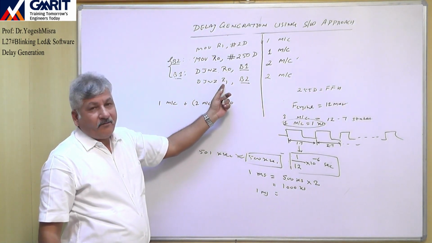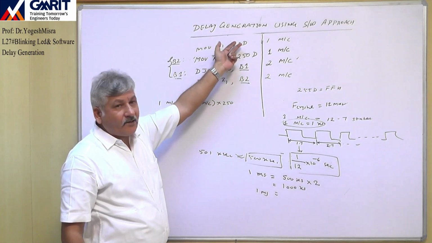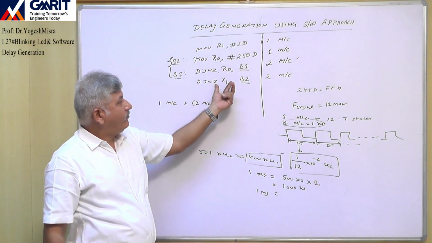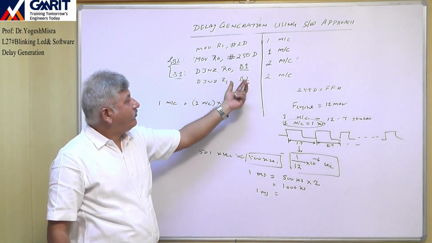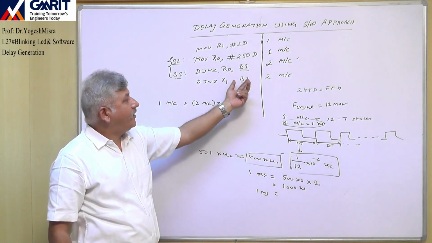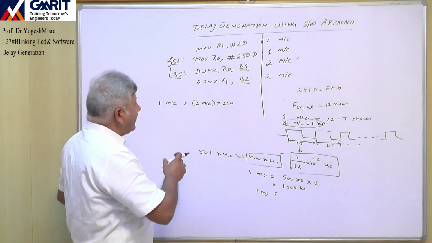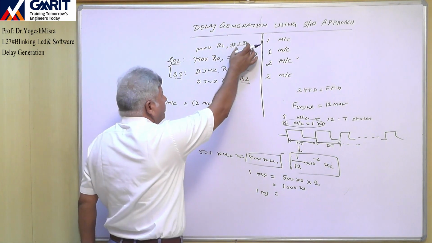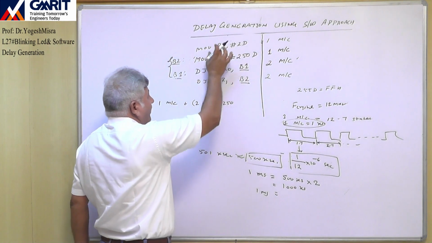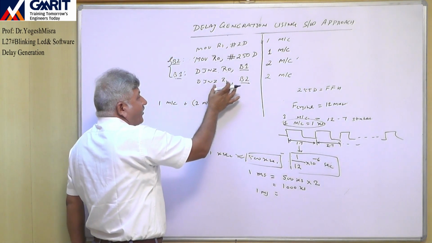DJNZ R1. Previously R1 was 1, and now DJNZ R1 will make R1 0. Now R1 is 0, so the program will not go to label B2. It will come out from the loop. So basically what is happening, due to the value 2 in R1 and due to this instruction DJNZ R1, B2,